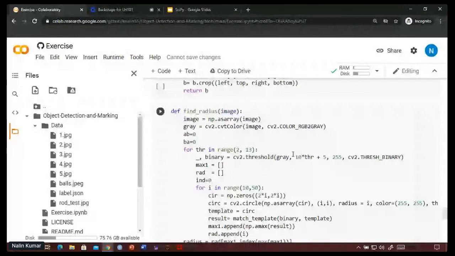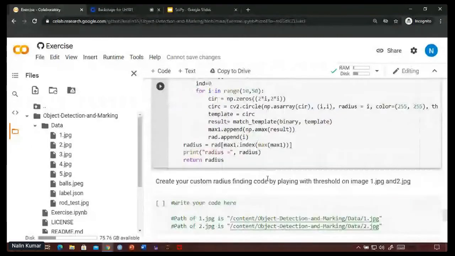As I said earlier, above a certain threshold it takes the value as 1, and below that it takes it as 0. By playing with the threshold value, you can fine tune and see whether it is actually finding the radiuses or not.